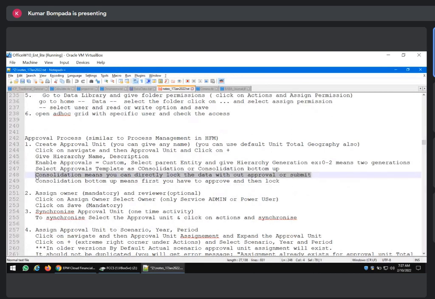Normally we use consolidation bottom up because somebody will submit, and then some other person will approve, and some other person will lock. There will be a proper review if you put this one. So we always keep consolidation bottom up. Once we complete this, we'll come back again and see what happens if we put consolidation. Okay. So first thing is, we have created an approval unit called my unit, or